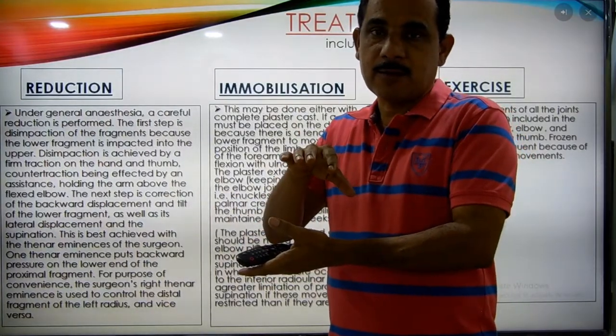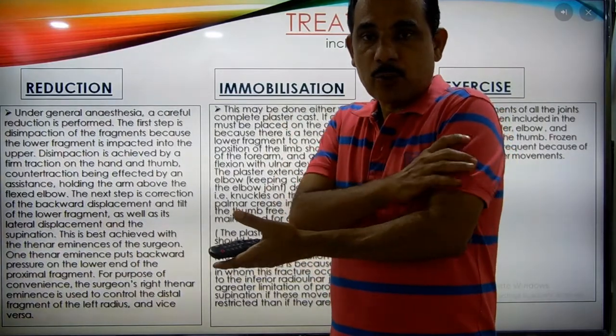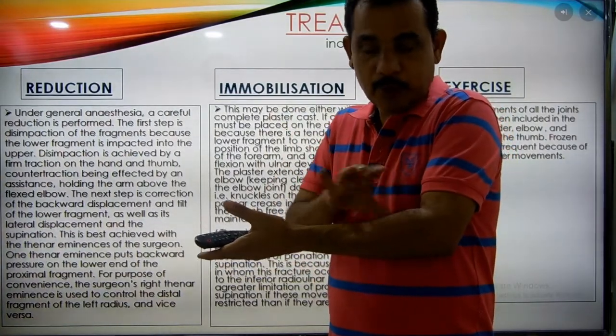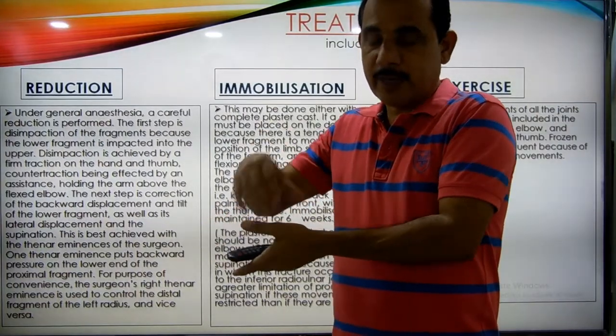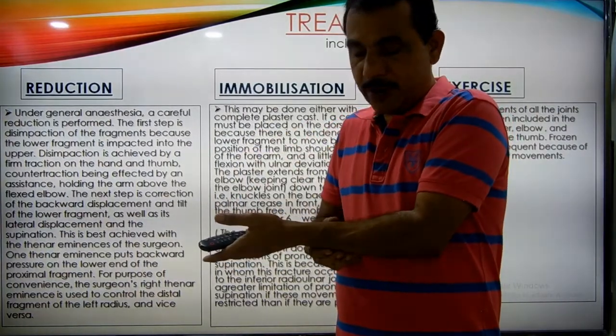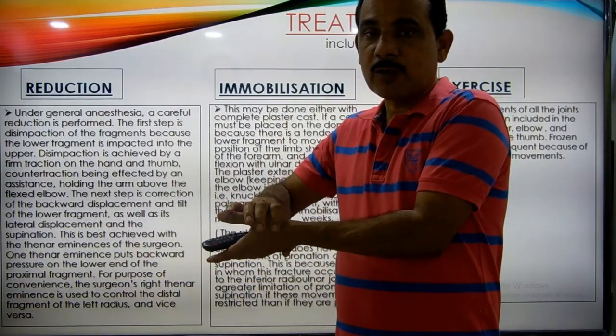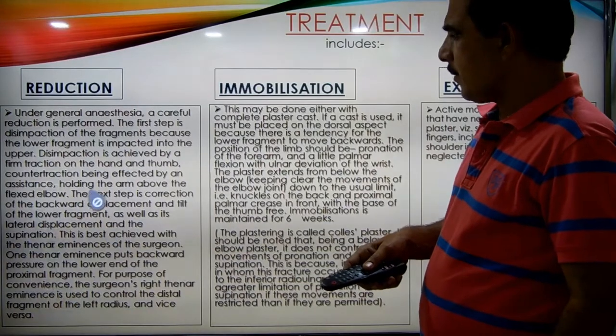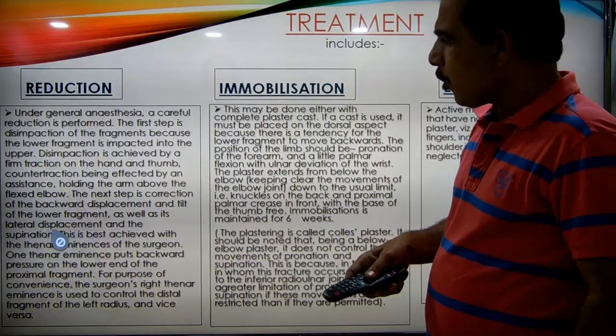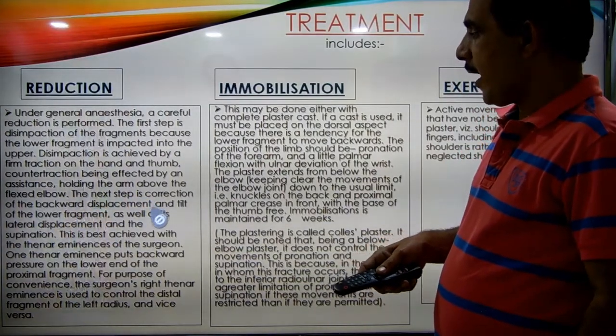Ask the assistant to hold the arm above the elbow, which should be flexed, and the gentle traction should be given downward. And the surgeon can use the thumb to keep it here, and gentle traction is given to the lower end of the radius. After that, the next step is the correction of the backward displacement and tilt